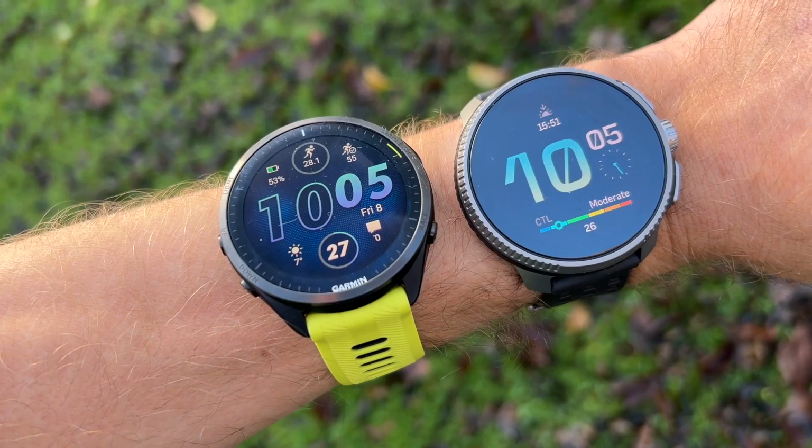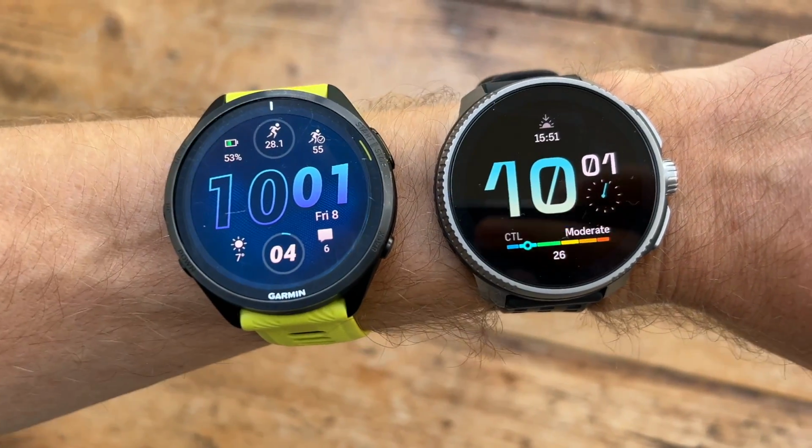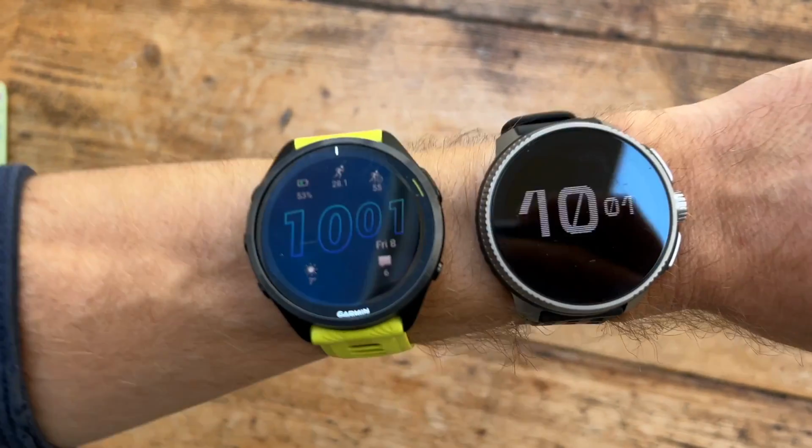It's not enough to annoy me, but I'm not that annoyed by this stuff. I also haven't really had any lag when scrolling through the menus. It's been responsive enough for me, but again, I think if you're someone who gets very annoyed by a microsecond of lag, I think it's probably slightly laggier than other watches. Something Suunto seems to be able to work on with software updates, so hopefully it'll get better over time,